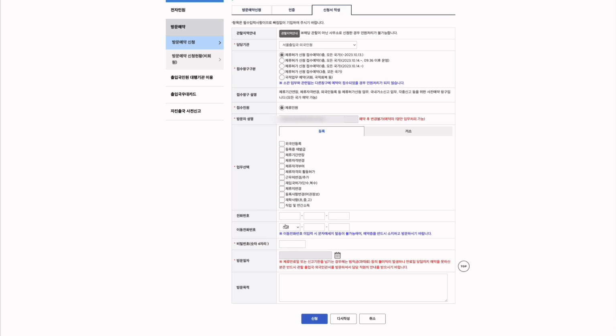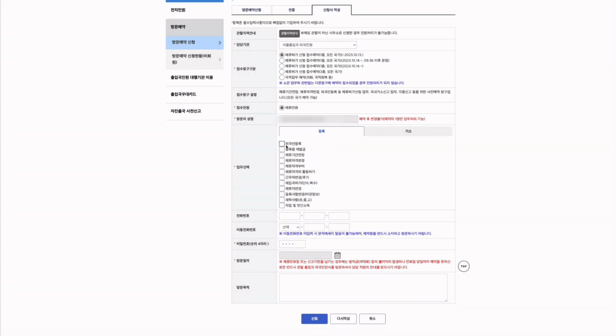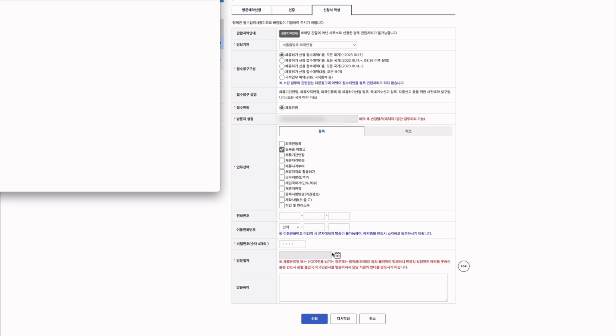and let's see here. You can put in a 4-digit number here so that you can access this. Since you don't have an account, you put in a 4-digit number, and then you can access this later if you want. Next, you need to pick one of these. So let's say I want to get a new ID card,